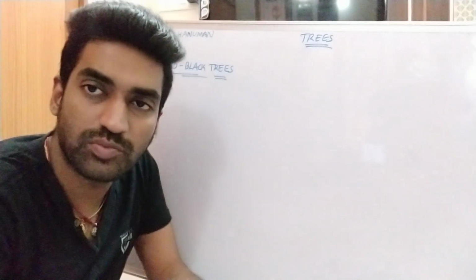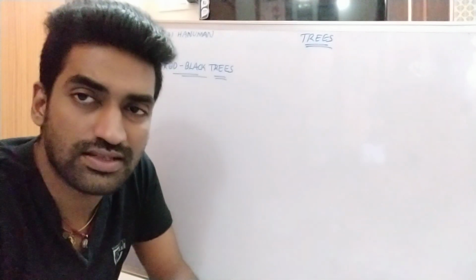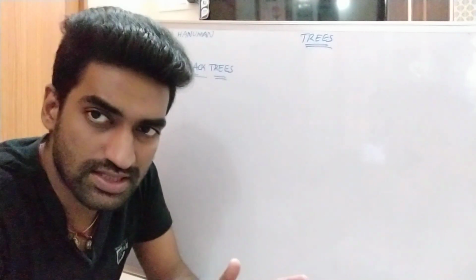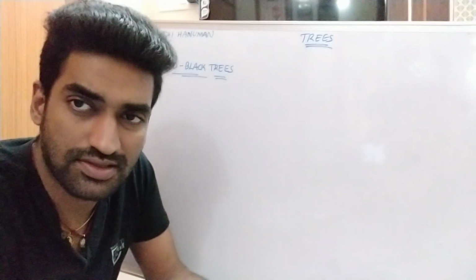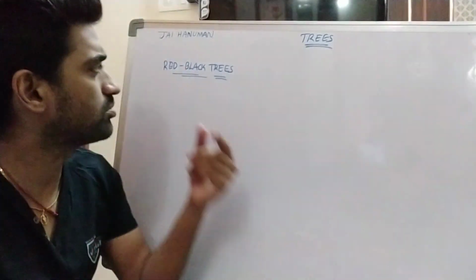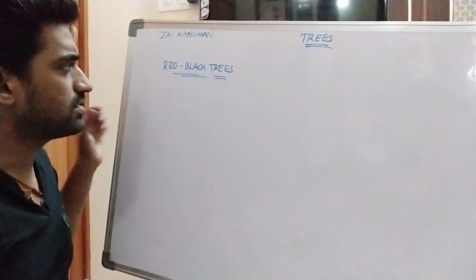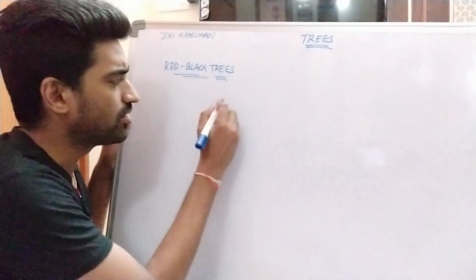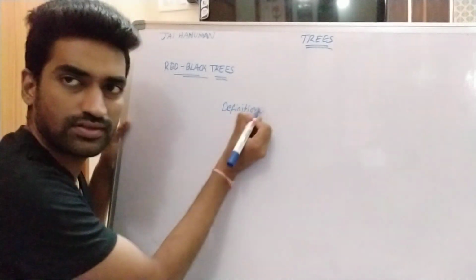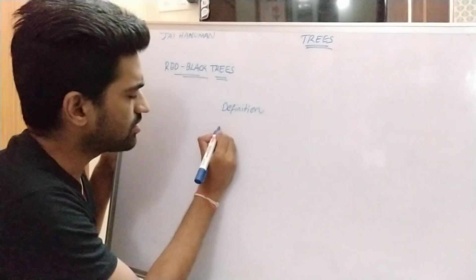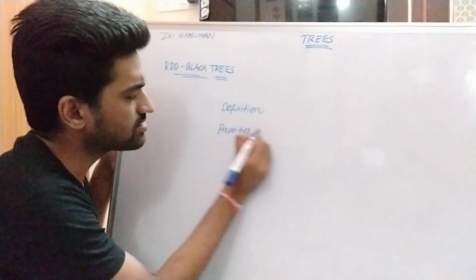Yes, hi friends. In the previous session, we already discussed what a binary tree is and what a binary search tree is, and we discussed heap trees, AVL trees, B trees and B plus trees. So in this session, we are discussing one more tree, that is red-black trees. Here we are mainly concentrating on the definition of a red-black tree, then the properties of red-black trees,